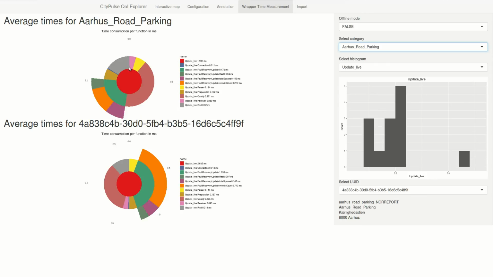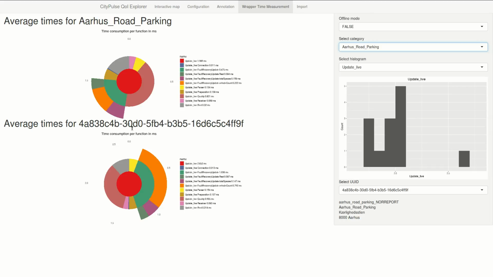On these outer levels you can see that these are divided into other modules. For example, this green part here is the update of the fault recovery module we have included in our framework. And this fault recovery module is divided into 3 different parts. So we can here exactly see how much time is consumed for the quality update, for this total spaces value, or for the vehicle count.